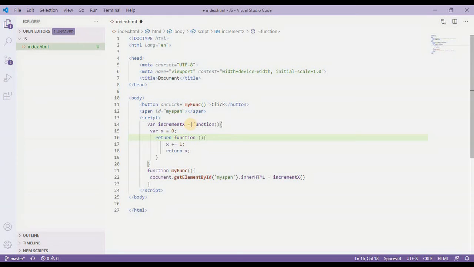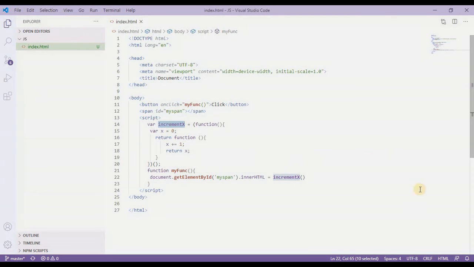So for that I'll simply type one more bracket over here, and then I'll end this bracket, and initially I'll call this function. So this is the kind of function we call a self-invoking function. So this is the kind of function we are writing right now. And now in this document.getElementById, which is my span, is going to be this function called. So I have called this function over here.